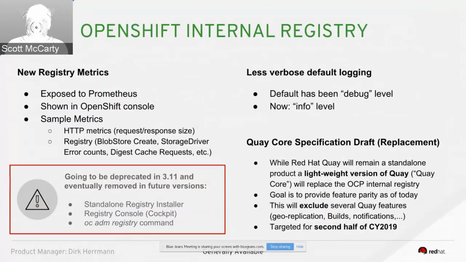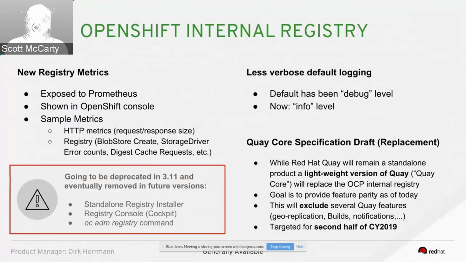One, deprecating a couple things around the standalone registry installer. So you could work around it and do a single node install if you still really want that, but we're really moving away from the standalone registry installer. That's more replaced now by the QUAY enterprise offering. Another thing is we're moving away from registry console, so the cockpit interface that we had to that registry that was built into OpenShift. And then finally, the oc adm registry commands are going away. We're actually moving to an operator model. We're using an operator to manage the registry inside of OpenShift, which is actually really nice. Finally,